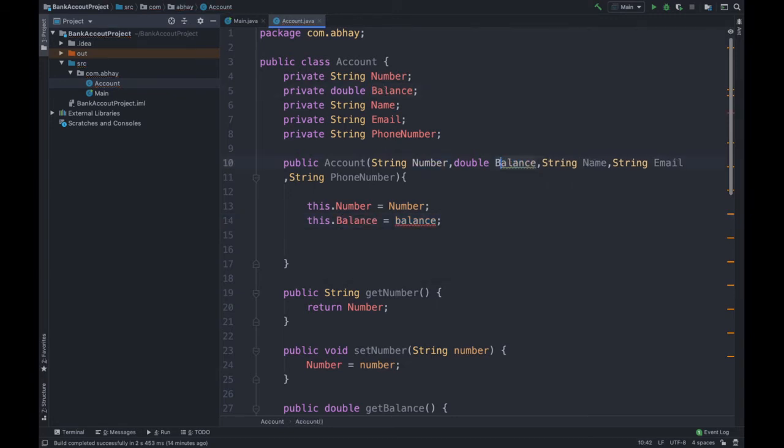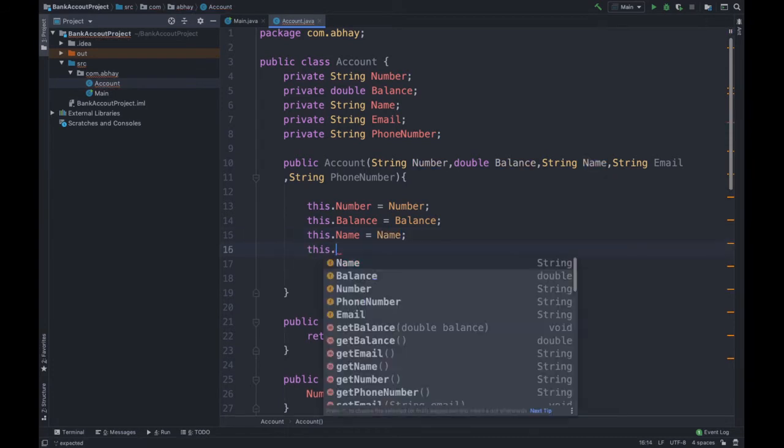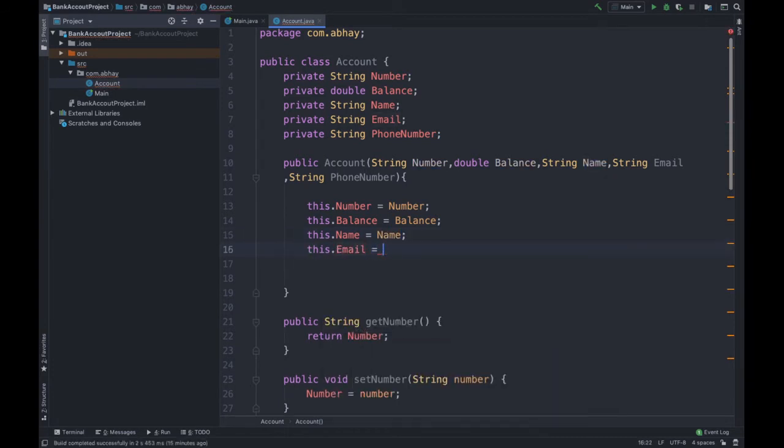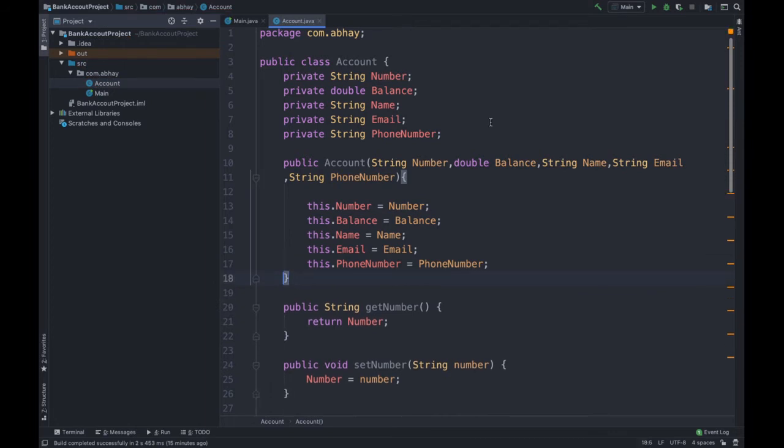Let's change it. Okay, good. Now this.name is name, this.email is email, and this.phoneNumber is phoneNumber. So we are done with our constructor.